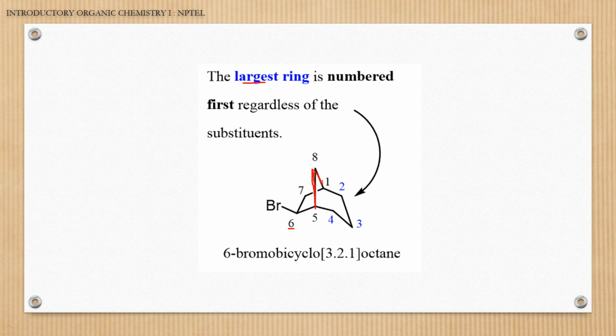So you need to write 1. Okay, so this is how you are going to name a bicyclic compound. First of all, you have to know the largest ring is numbered first,